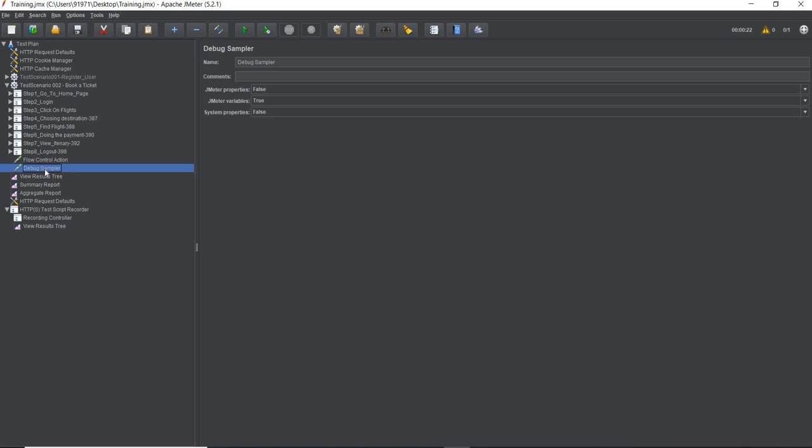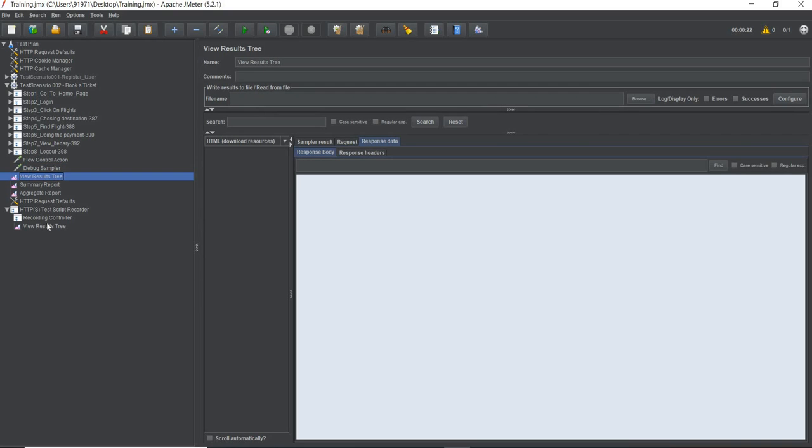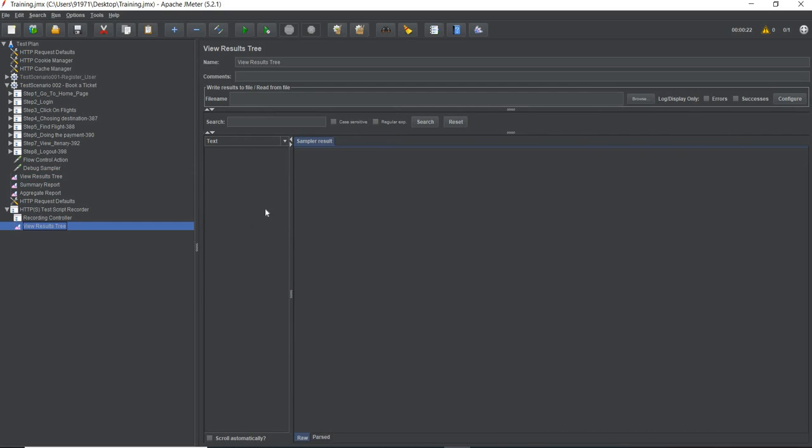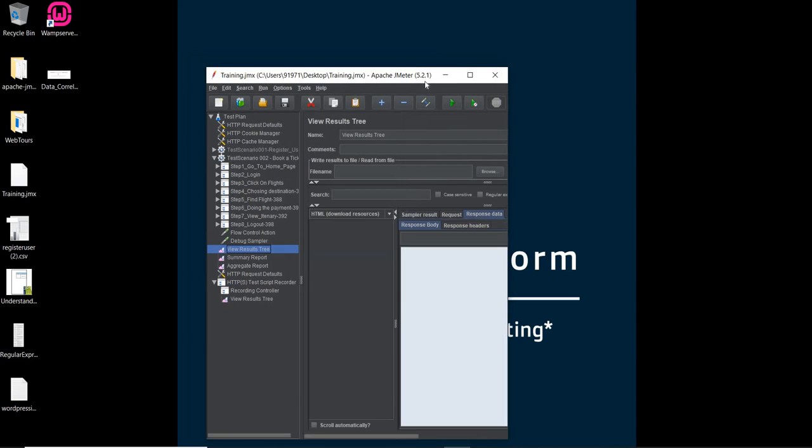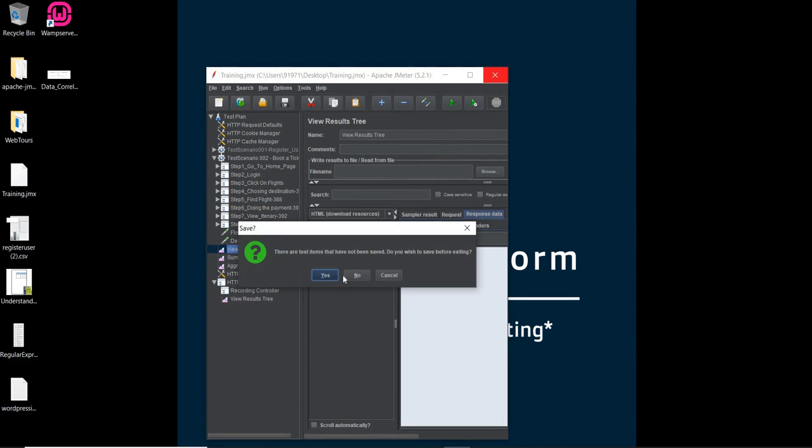Next, second point is when you go to the view result tree, you will see that there will be no request. This is how JMeter works. Whenever you close JMeter and open it again, I'm just closing it. I say yes.